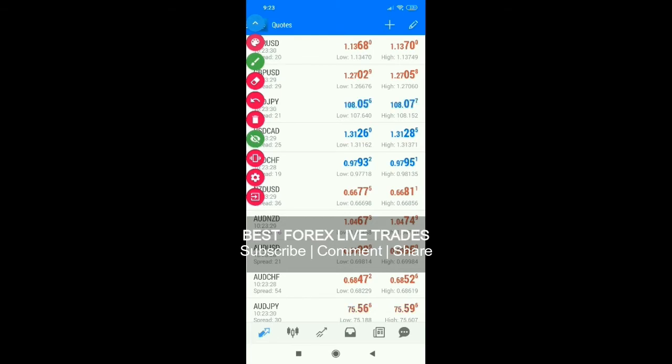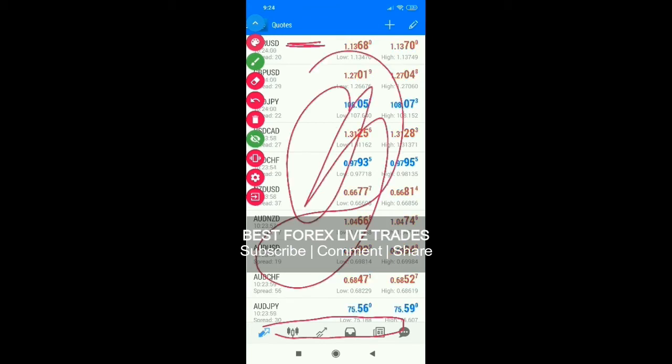let's start off with how to open your chart, and how to sell and buy from this platform. Remember, you can use what you see here, or you can use these icons on the bottom of the screen. So right now we're still focusing on what you see here. We're still focusing on this portion, not yet here.